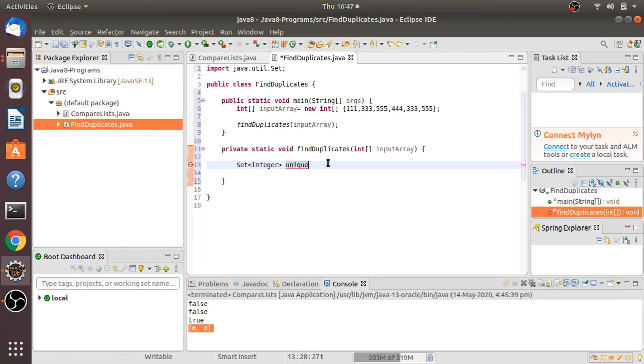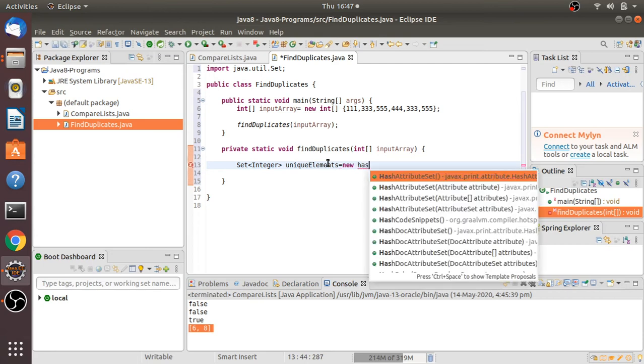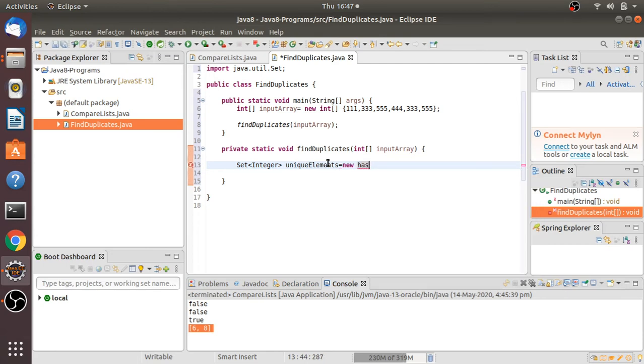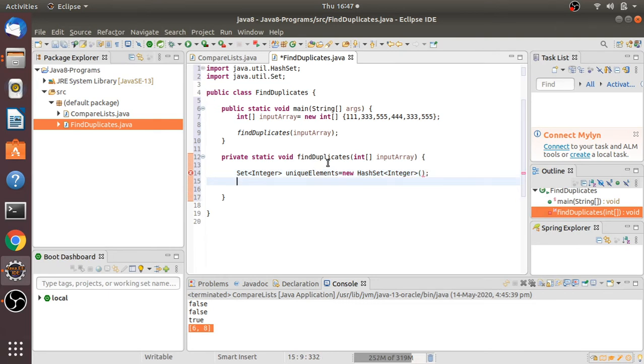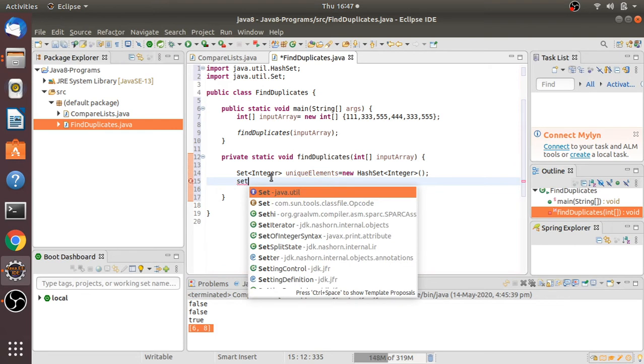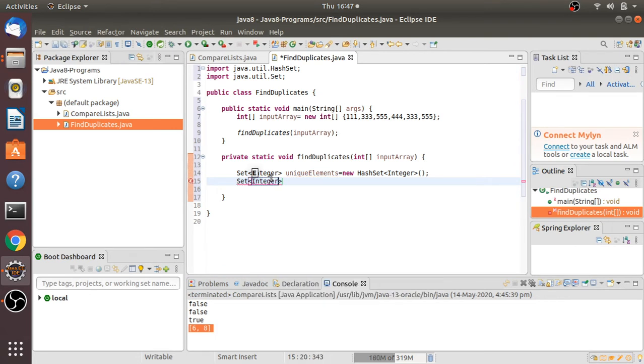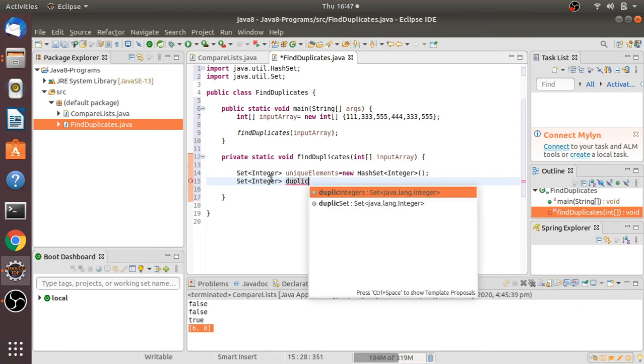I need unique elements, right? The implementation is a Set. I'm going to take another Set, Integer only, and name it duplicate elements.